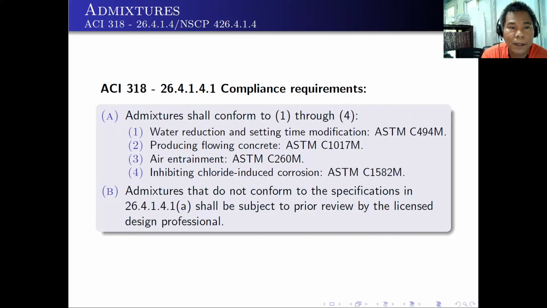Also, there are compliance requirements for the admixtures. ACI 318-19 26.4.1.4.1 says that admixtures shall conform to the following: water reduction and setting time modification, you can use ASTM C494. Producing flowing concrete, you can use ASTM C1017. Air entrainment, you can use ASTM C260. And inhibiting chloride-induced corrosion, you can use ASTM C1582. Also,